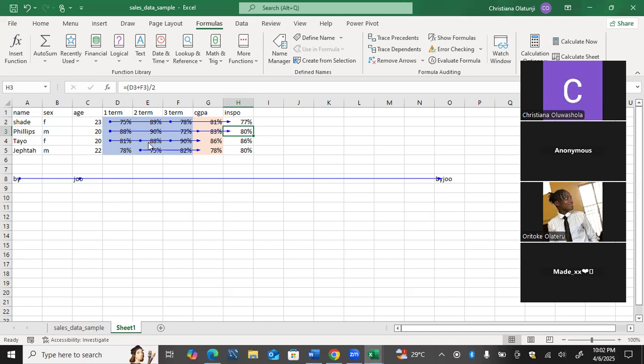Thank you. So that is that on precedent and dependence. For me to trace precedence, I would have to click on the resulting cell, that is the cell with the formulas, so that it can easily trace the cells that contribute to it. But if I want to trace dependence, I would have to click on the cell that does not have a formula, so it would show me the resulting cell. So that is that on macros and precedent and dependence. We said macros are a recorded step to replicate